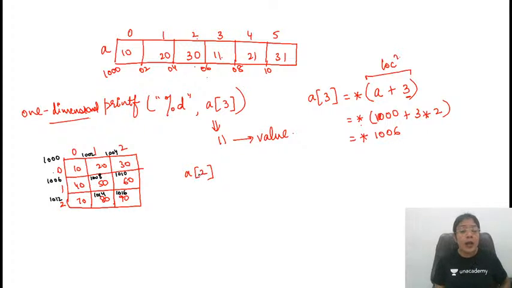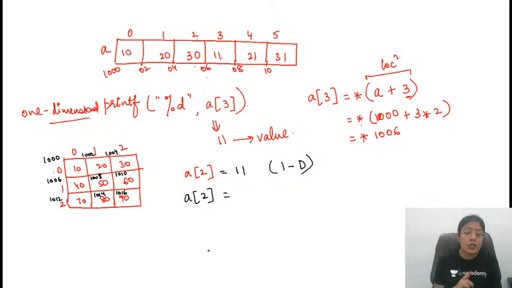So if it is a one dimensional array, then it will be returning 11. If it is a two dimensional array, then what will it return? When will you get the value in a two-dimensional array? First of all, you need to select the row and then the column, right? And asterisk is used for selection. This is used for selection, right? So if I write a plus 2, this is asterisk of a plus 2